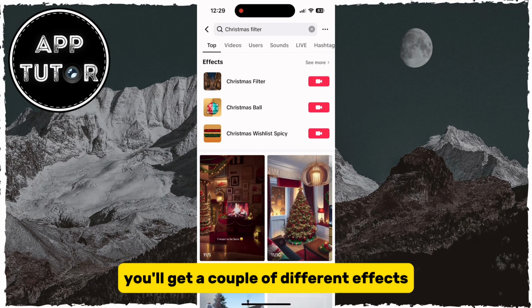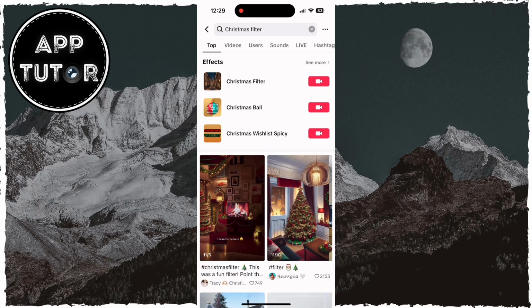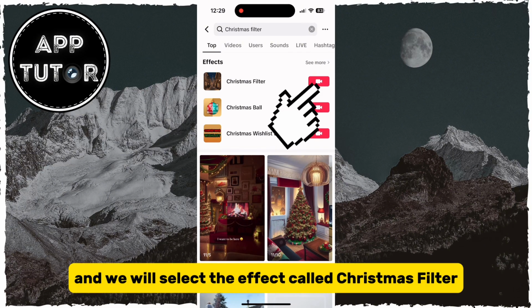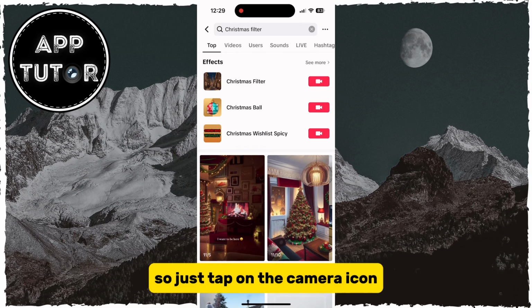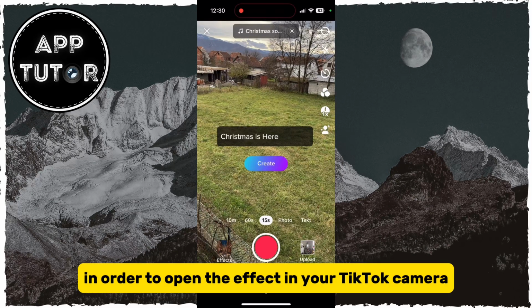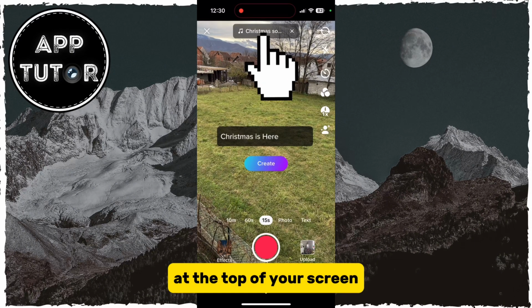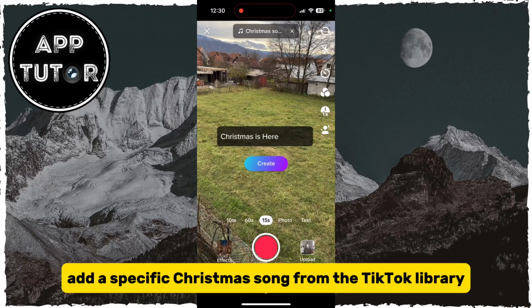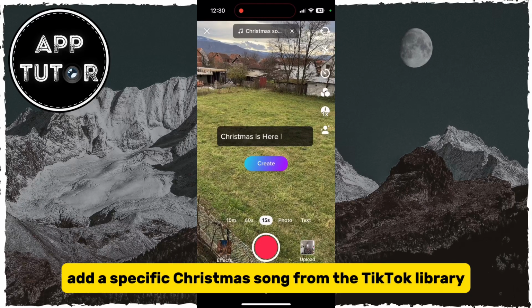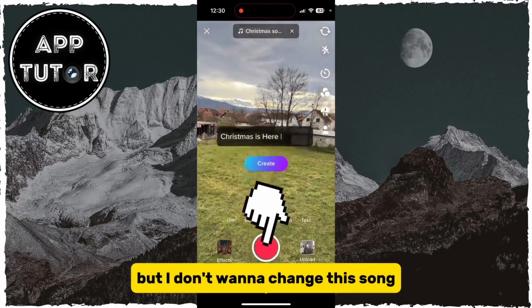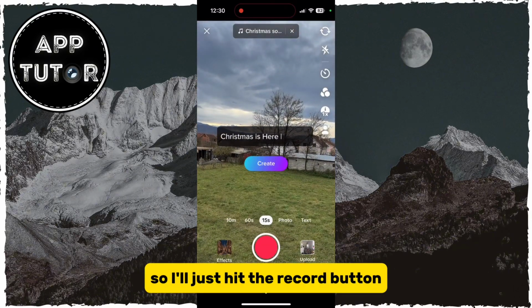You'll get a couple of different effects at the top of your screen, and we will select the effect called Christmas filter. So just tap on the camera icon in order to open the effect in your TikTok camera. You can then tap on the music button at the top of your screen if you want to add a specific Christmas song from the TikTok library. But I don't want to change this song, so I'll just hit the record button and wait for the effect